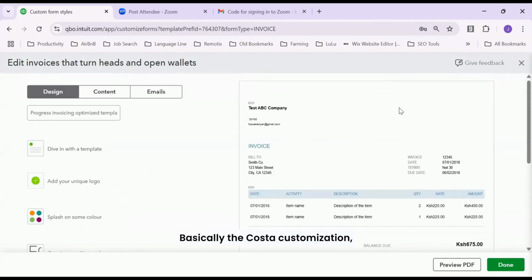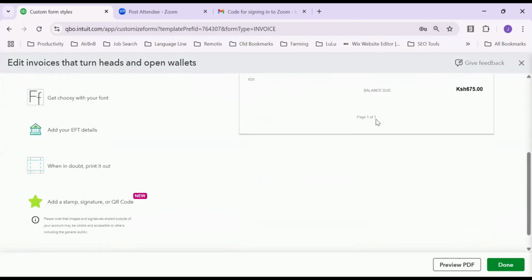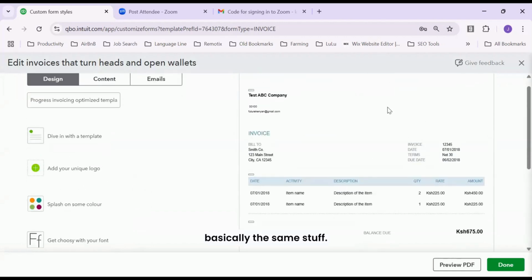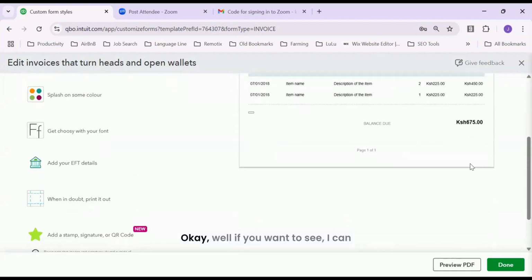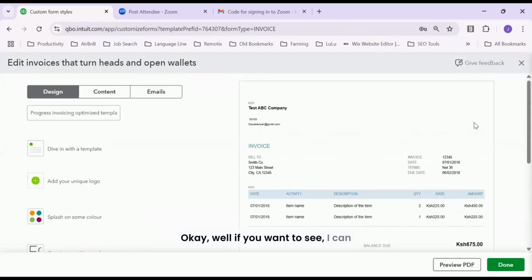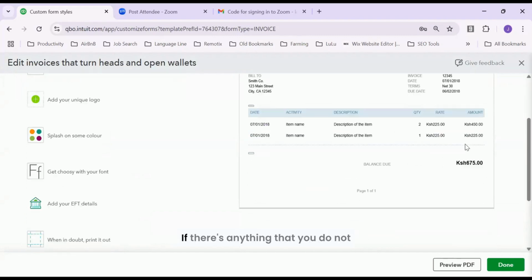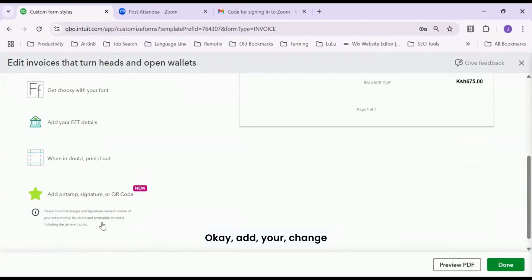Basically, the customization is the same as what those who have used QuickBooks Online will know. I can see everything that I need to see here. If there's anything that you do not see here, you can always come and change the template